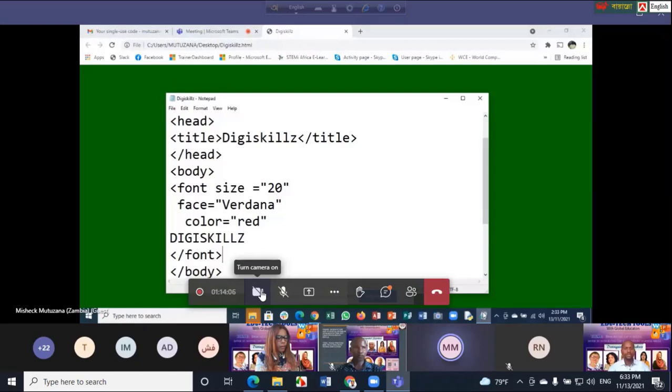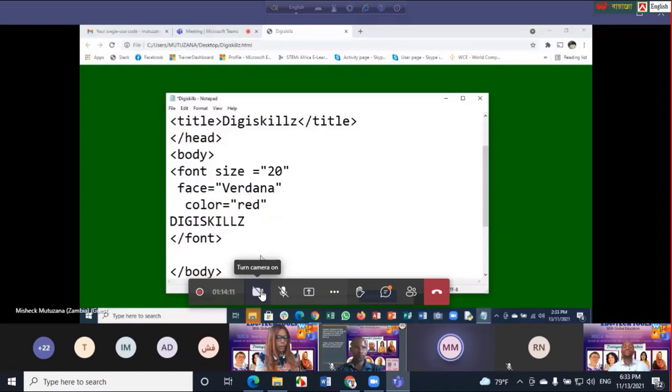Right. Let me also add another thing so that we finish. Let me also add the image. Then I'll refresh the page and you're going to see the image and also the words that appear there. Now, in this case, I'll type IMG, which stands for image. Now for image, we have to look for the image. SRC stands for source. Why are we looking for a source? Now in this case, when you are doing the web page, I forgot to tell you in the opening remarks that first of all, you need to create a folder on the desktop.